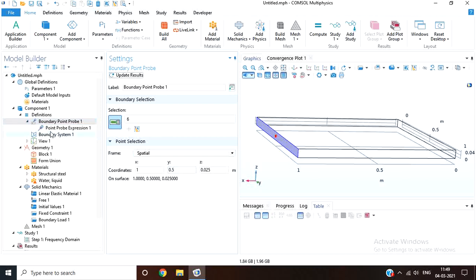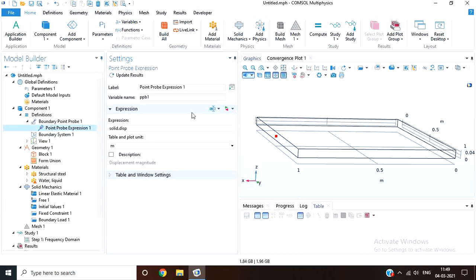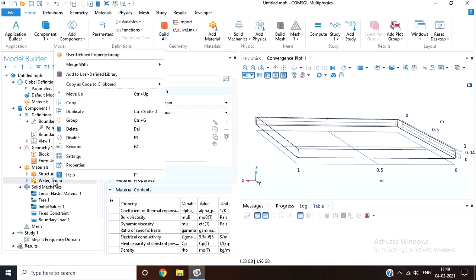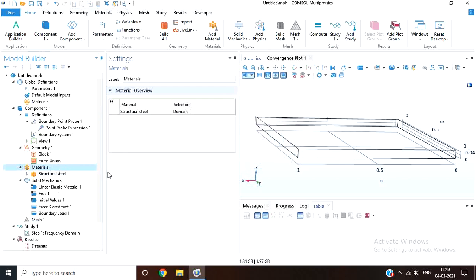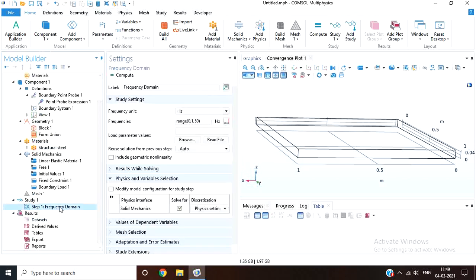And the expression will be the displacement in z direction. So the expression is w. So you can see in the description, displacement field z component. You can also remove the water material. So in frequency domain study, we just need to specify the range of frequency and we can compute.